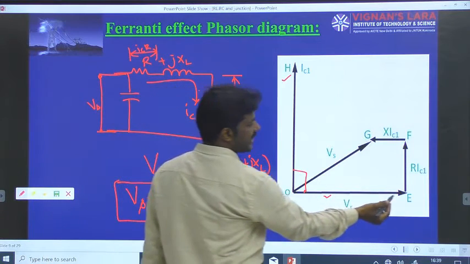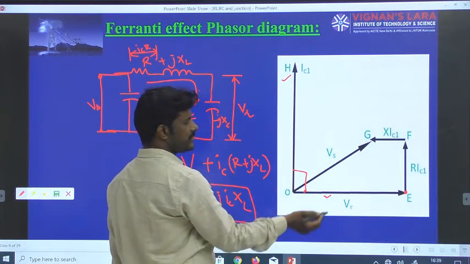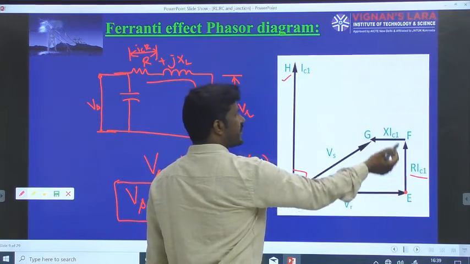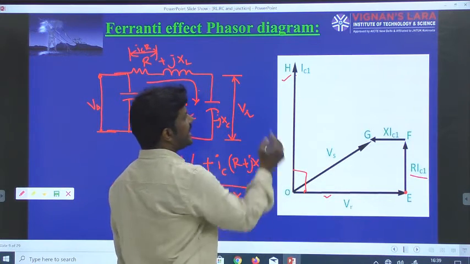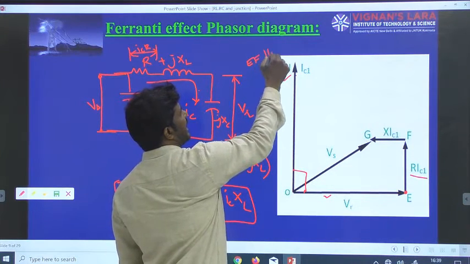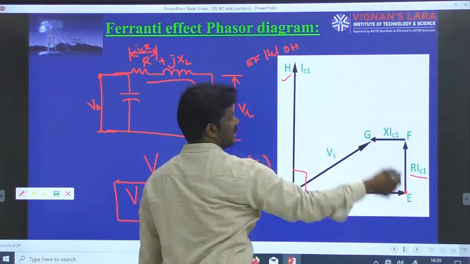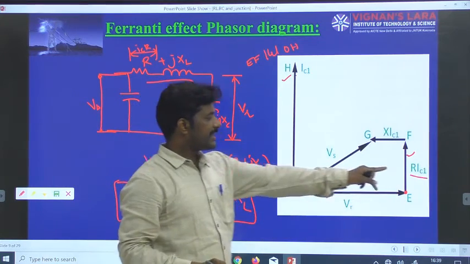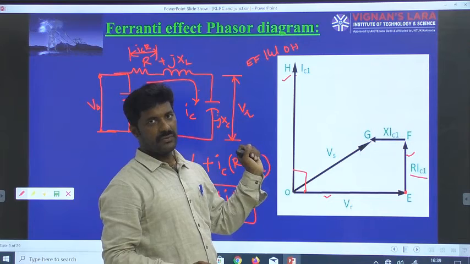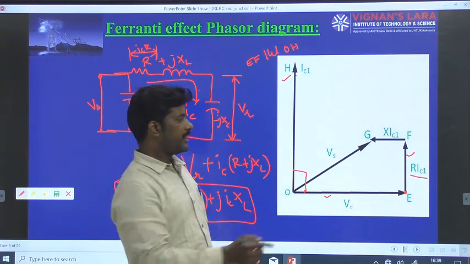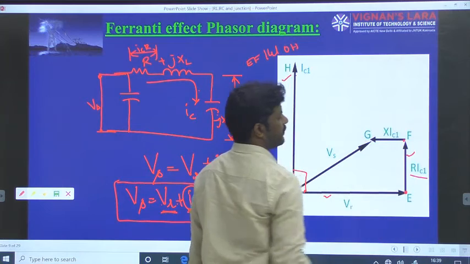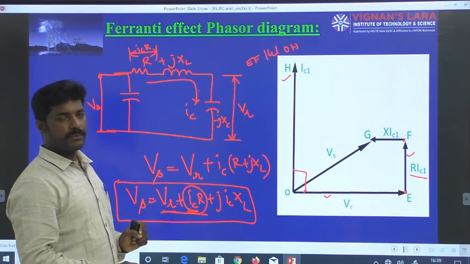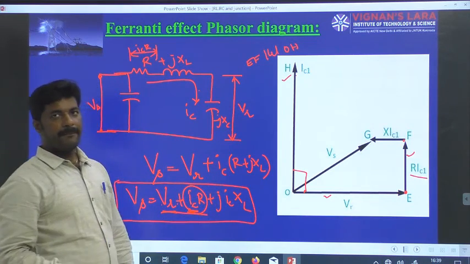At the tip of this VR, I have identified the drop IC1 into R, shown in phase with IC1, that is EF. EF is a line drawn parallel to OH because the resistive drop is in phase with the current. This is the point we have reached so far: VR plus IC into R is completed up to this part. Again, plus j. Plus j indicates that in